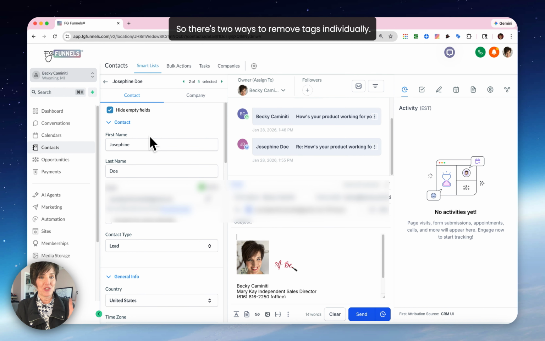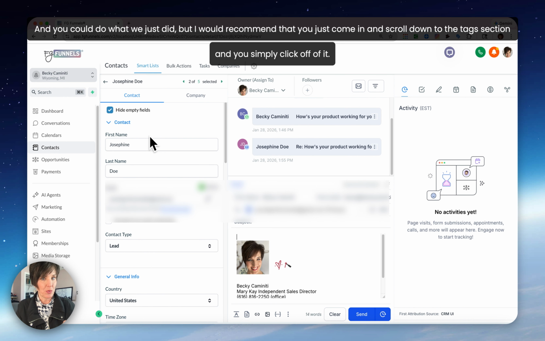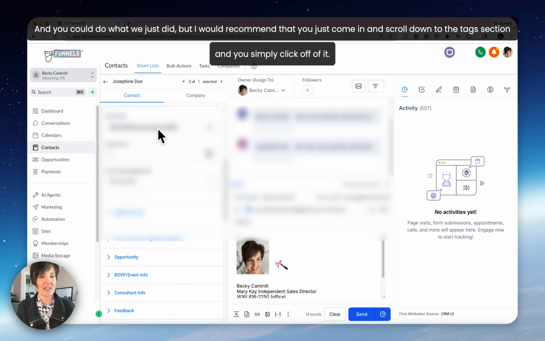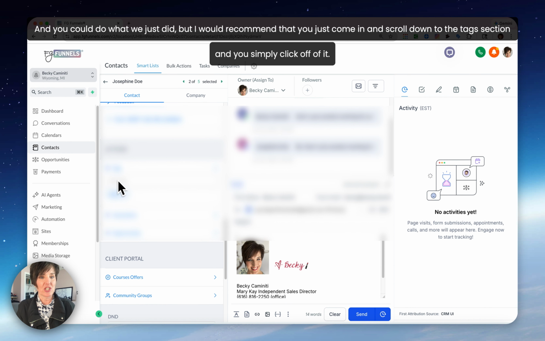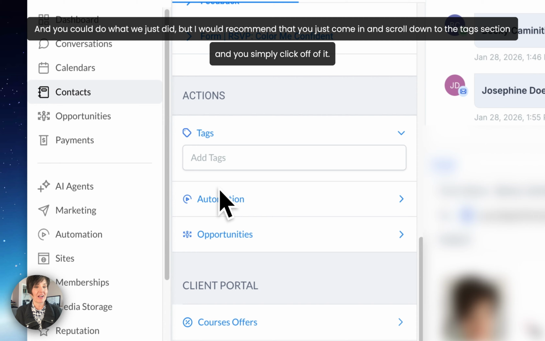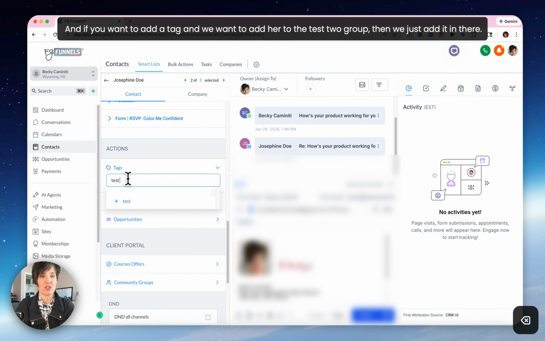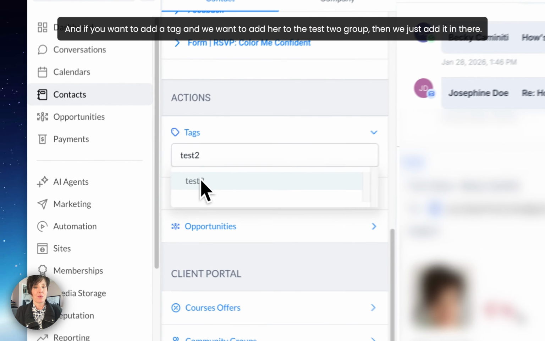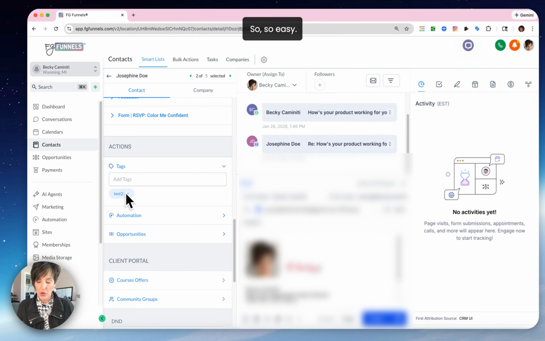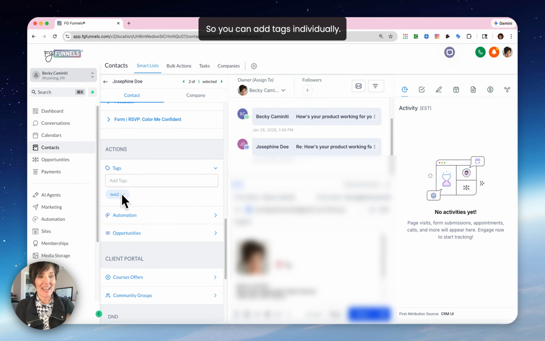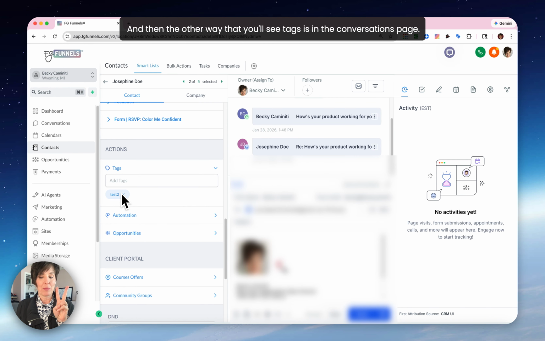Individually. So there's two ways to remove tags individually, and you could do what we just did, but I would recommend that you just come in and scroll down to the tag section and you simply click off of it. And if you want to add a tag and we want to add her to the test 2 group, then we just add it in there. So easy. So you can add tags individually, you can add tags in bulk, and then the other way that